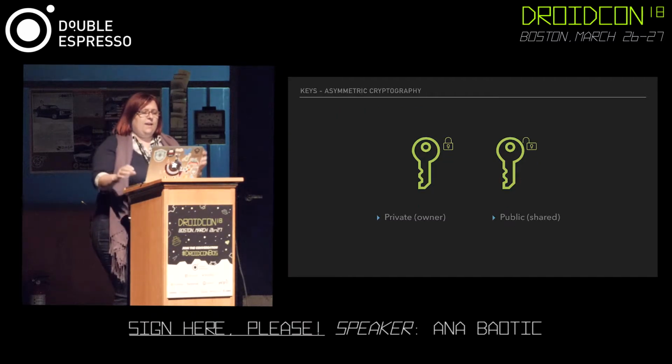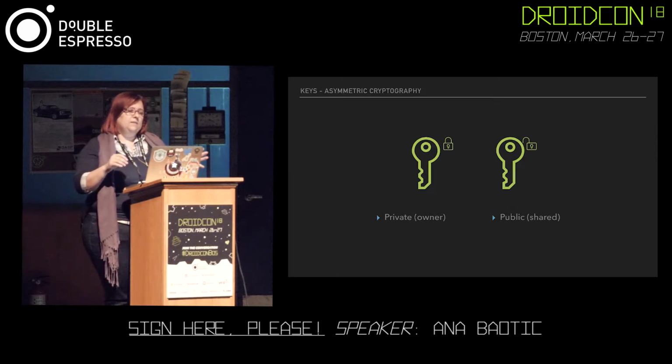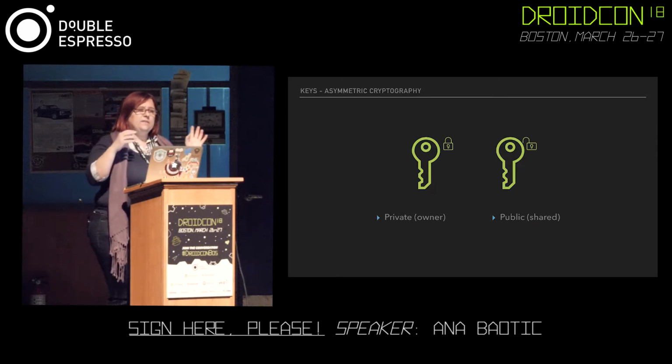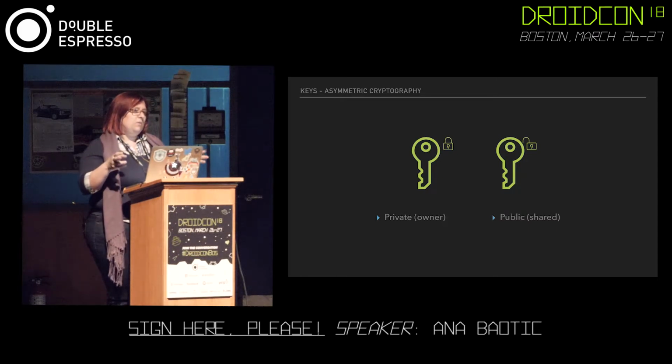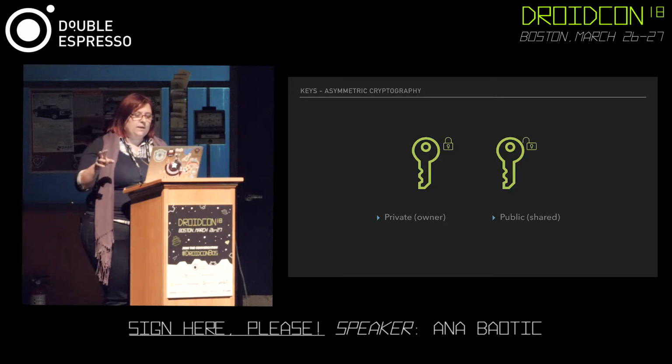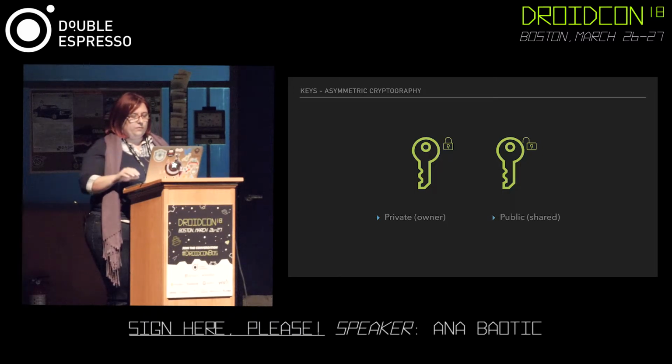So in asymmetric cryptography, symmetric cryptography says to use the same key for encryption and decryption, and asymmetric ones have different keys. So one key is private, one key is public, and you can encrypt and decrypt with both of them inversely. So